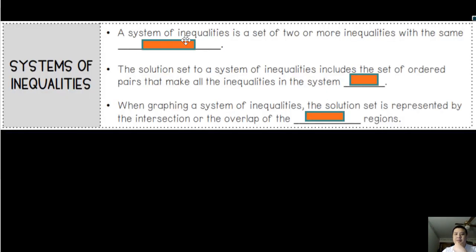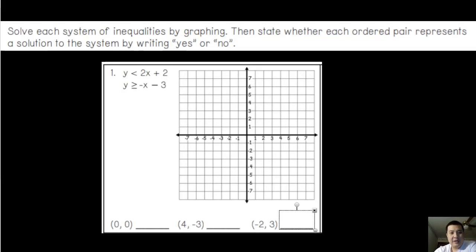So a system of inequalities is a set of two or more inequalities with the same variables. The solution to a system of inequalities includes the set of ordered pairs that make all the inequalities in the system true. In graphing a system of inequalities, the solution set is represented by the intersection or the overlap of the shaded regions. So, for example, here it says to graph the following inequalities and state whether the following points, 0, 0,